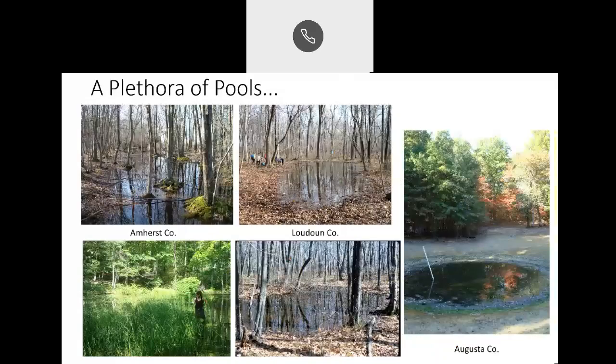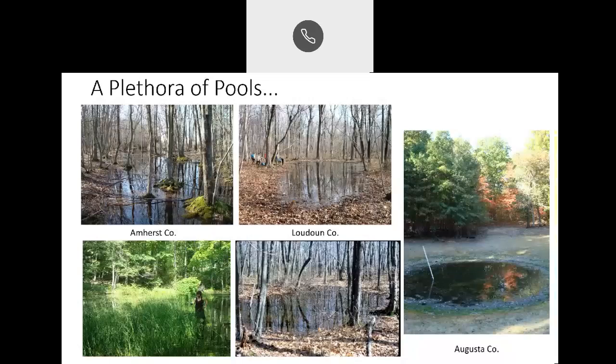The slide before you, I trust, says a plethora of pools. One of the things that has driven me for many years is the variety by which these so-called vernal pools exist in contexts across Virginia. They can vary from dunal swales along the Atlantic coast beaches to floodplain pools in the major river systems across Virginia, particularly in the Piedmont. And in the western mountains of Virginia, both the Blue Ridge and the Alleghenies, where I live in the western highlands, there are upland wetland sites that are fascinating.